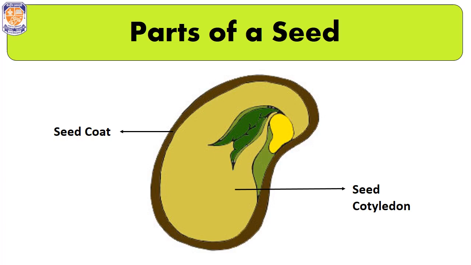And the function of the cotyledon is to store the food for the baby plant. And where is the baby plant? This is the embryo, which is known as the baby plant also, because when it gets favorable conditions, meaning when it gets appropriate nutrients and water, it starts its development into the baby plant, and the root starts growing first out of the seed, which is visible to us, and then we call it seed germination.